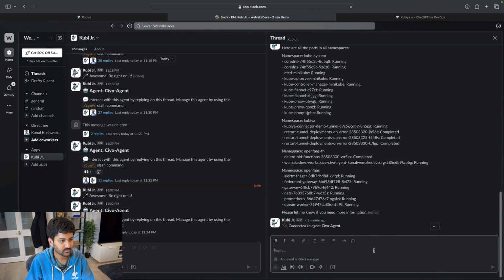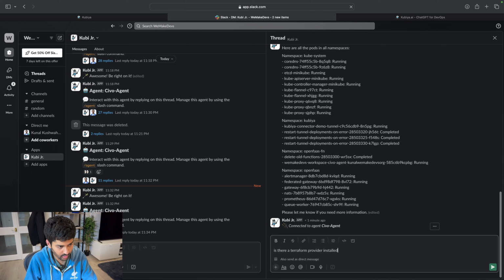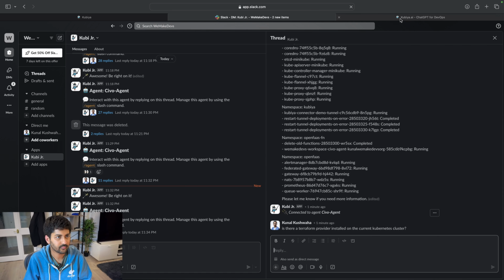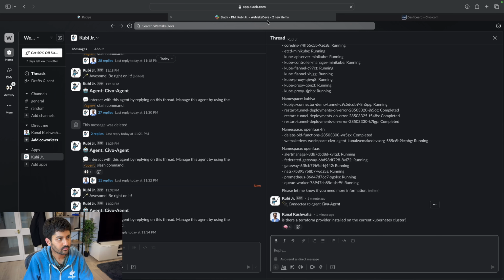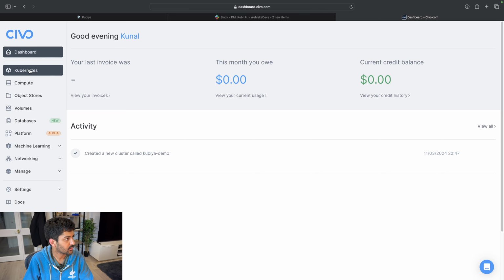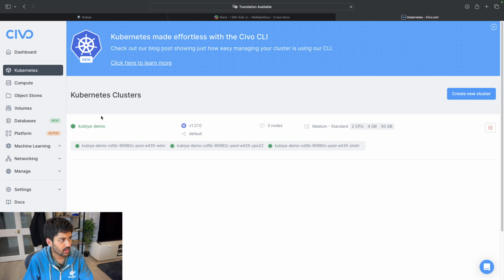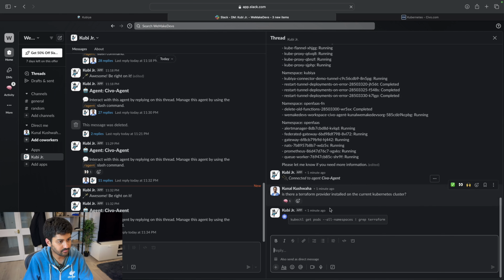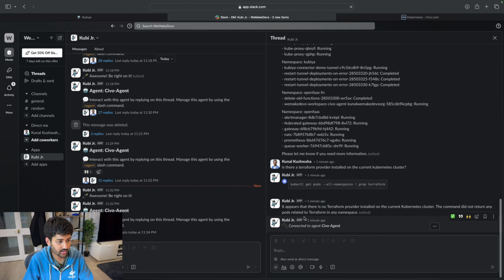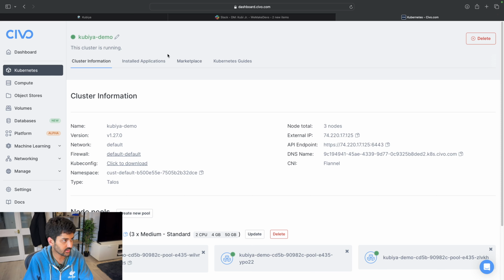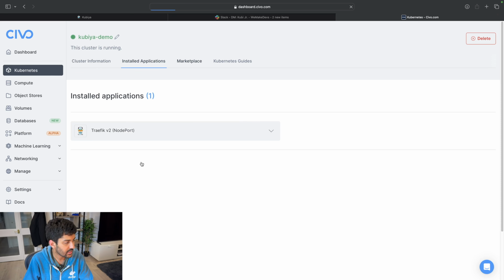Okay, cool. Is there a Terraform provider installed on the current Kubernetes cluster? Go to Kubernetes. I go to my demo. It appears that no Terraform provider is installed. The command did not return any Terraforms in the current space. Okay, so I can ask it.